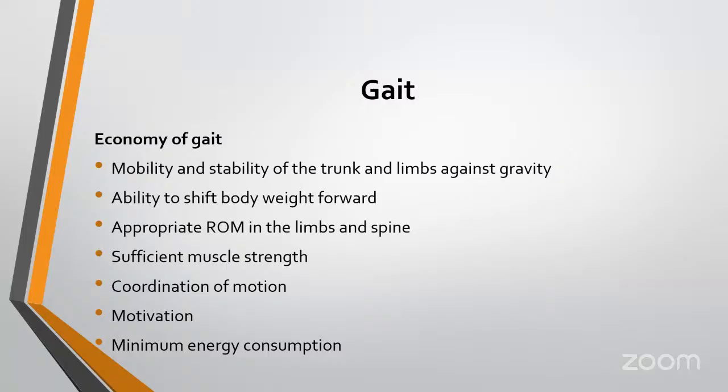So while you are training for gait, you are aiming for economy. What you do is make sure that the trunk is stable. You can maintain various postures with a very strong trunk: lying down, sitting, standing, rolling, kneeling, and various positions. Then it's also mobile. You can make various movements, rotation, upper trunk rotation, lower trunk rotation, lateral side rotation,